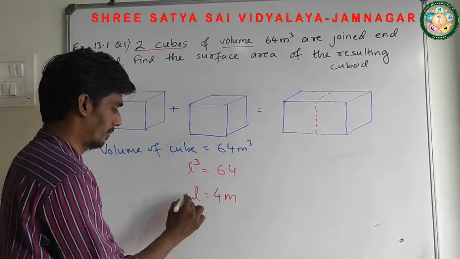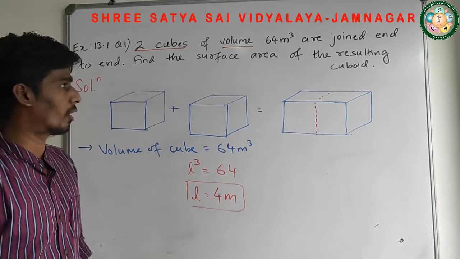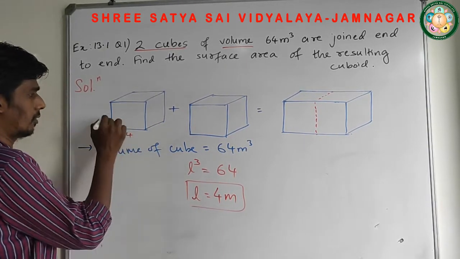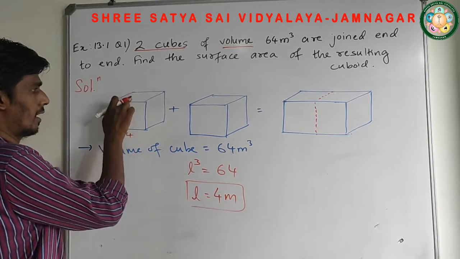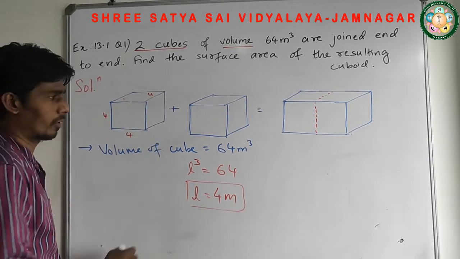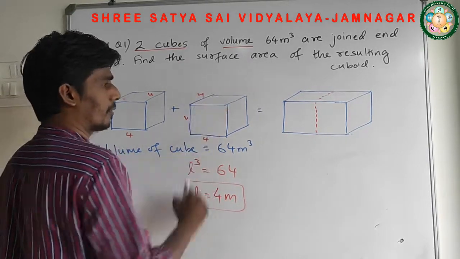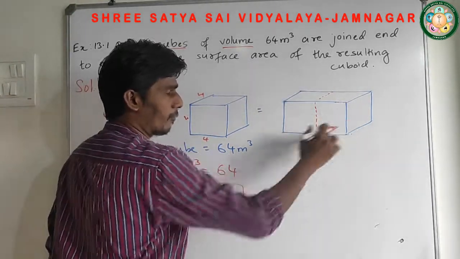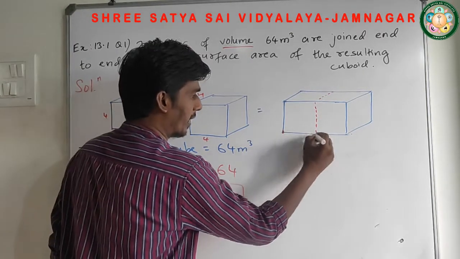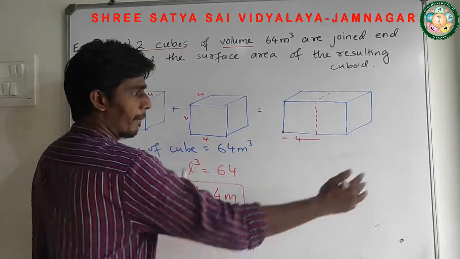4 meter. So this is the length of each cube. This is 4, height is 4, and this breadth is also 4. And same thing is here, 4, this height 4, and breadth also 4. So now for this cuboid, from here to here, the length is what? 4. By combining it,